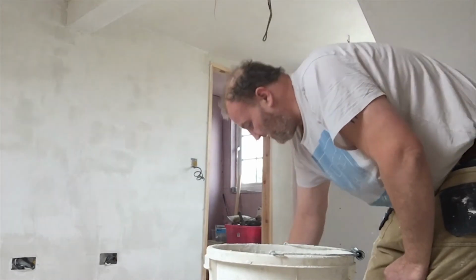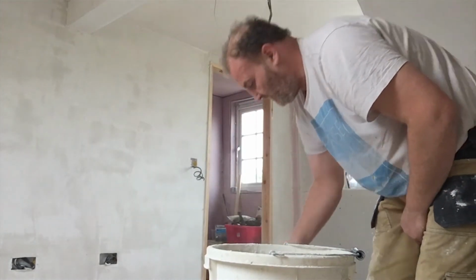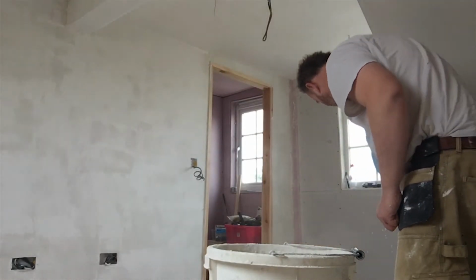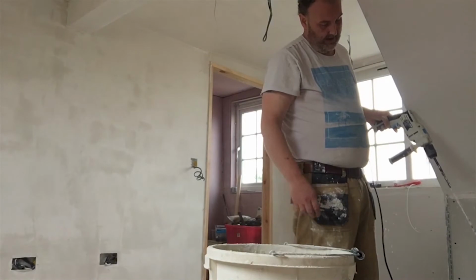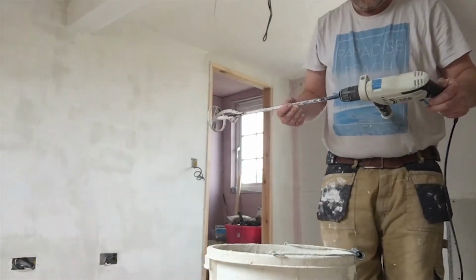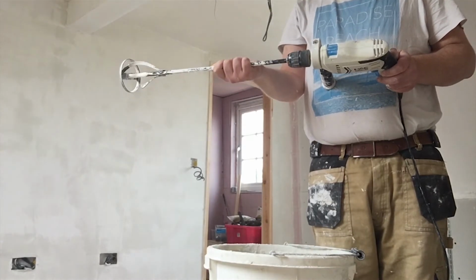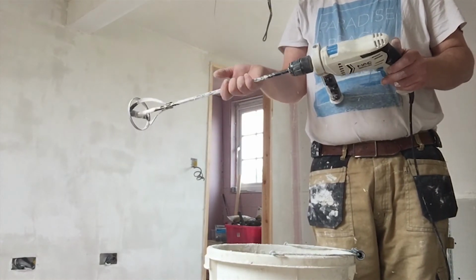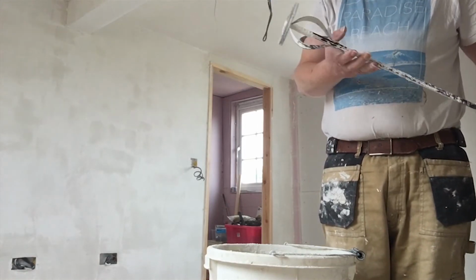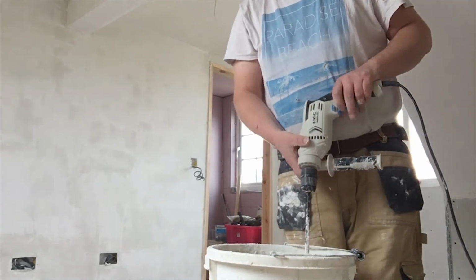I don't think there's any accurate way of measuring this. It always seems to work out slightly differently every time I do it. Right, what I've got here is an ordinary 600 watt power drill, and on the end of it I've got a mixing paddle. And all I'm going to do now is just...